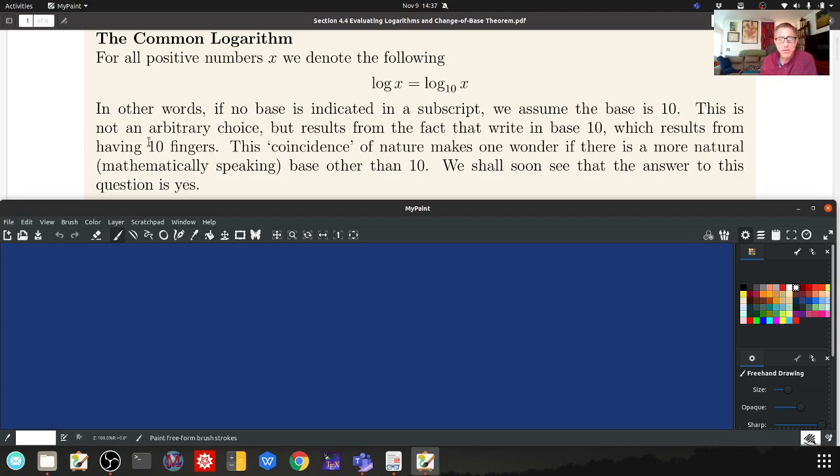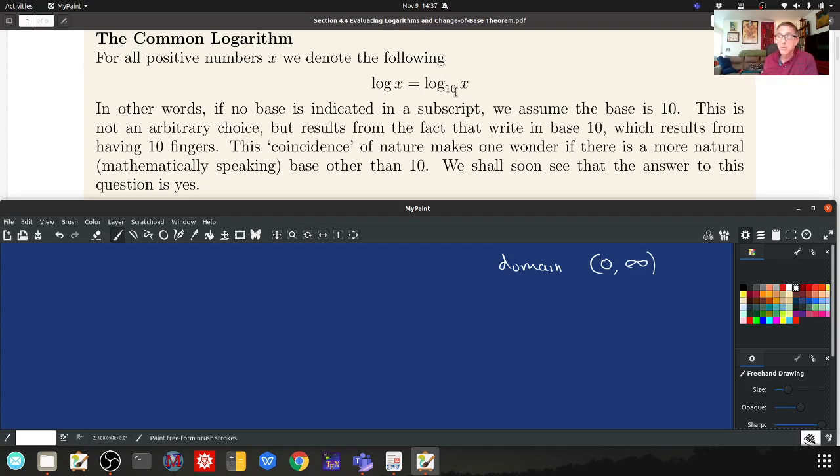They tell you for all positive numbers x, so remember the domain of the logarithm function is all positive numbers, 0 to infinity. So that's our domain. For all positive numbers x, we denote the log of x as the same as the log to the base 10 of x. It's not a coincidence that we have log to the base 10, because we literally use base 10